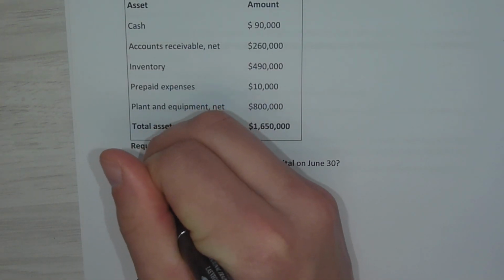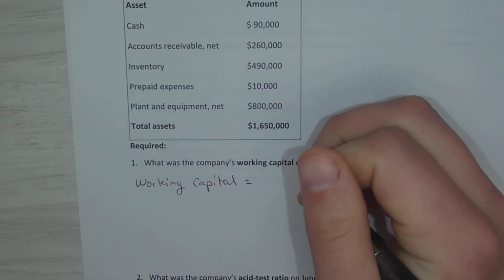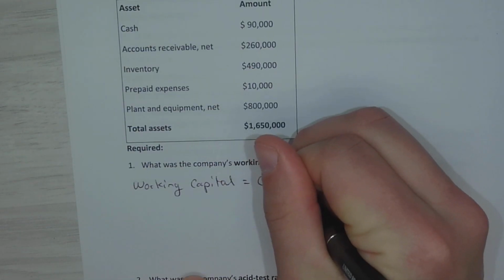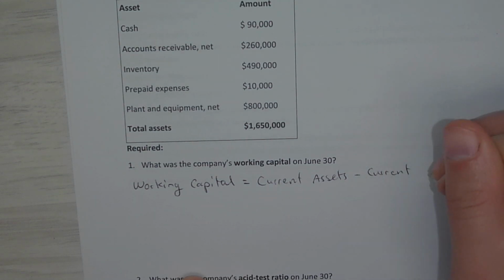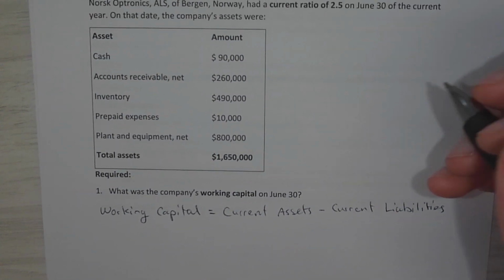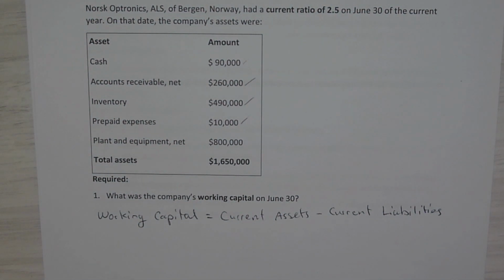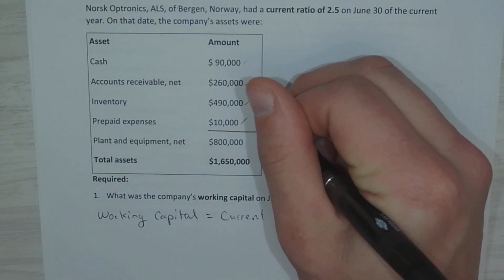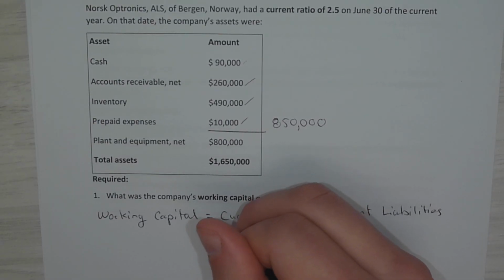Well, the working capital is equal to our current assets minus current liabilities. Our current assets need to be added up. So cash, accounts receivable, inventory, and prepaid expenses are all current assets, which totals $850,000. So $850,000